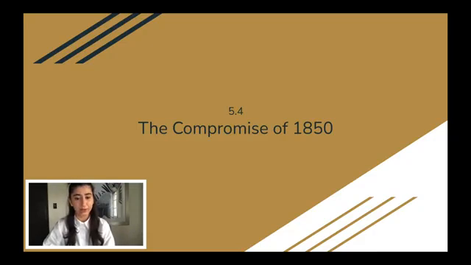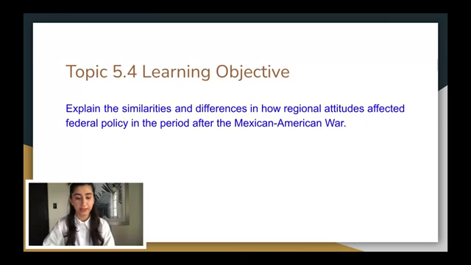But what exactly will we need to know about this topic, you're probably asking? Well, the answer to that question can be found in what's called the APUSH Course and Exam Description, Topic 5.4 Learning Objective, now appearing on the slide before you. In other words, by the end of this video, and especially for the May APUSH exam, you'll need to be able to explain the similarities and differences in how regional attitudes affected the federal policy in the period after the